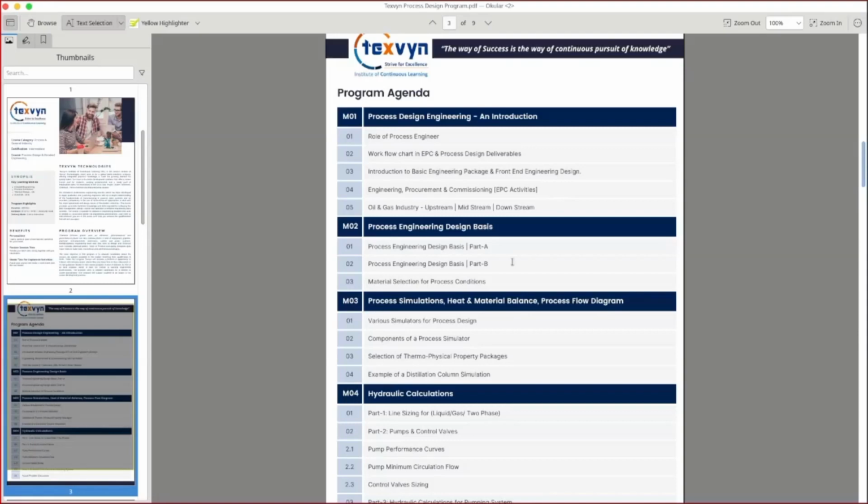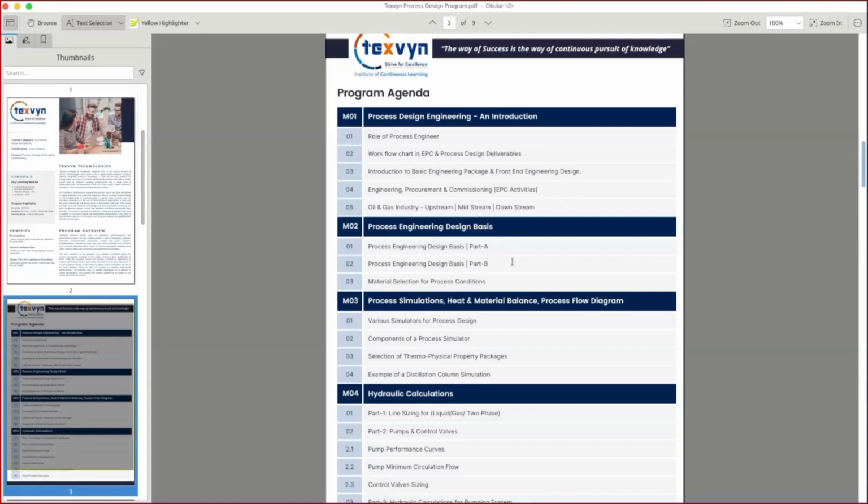This is a part of the process engineering design basis. Going forward, in the modules that I have planned, we are going to take a practical small-size plant and carry out the actual design of its various process engineering activities. In that process you will be introduced to a step-by-step approach of how a process engineer proceeds from the initial conceptual phase of the plant towards, let's say,